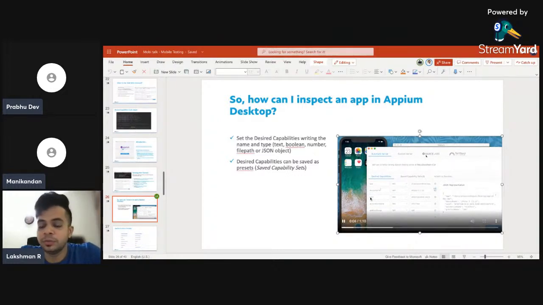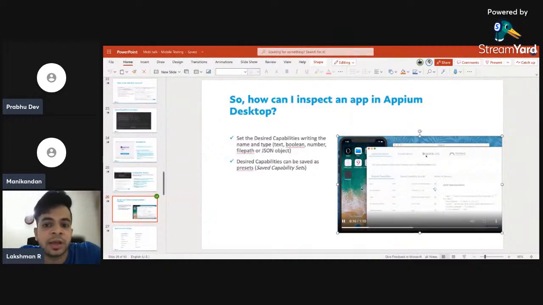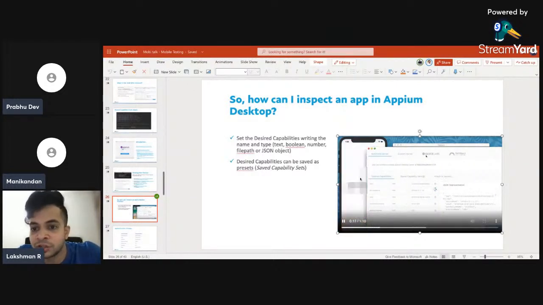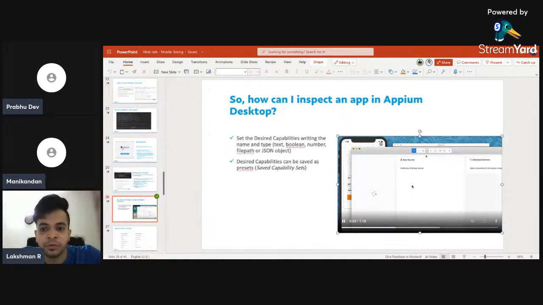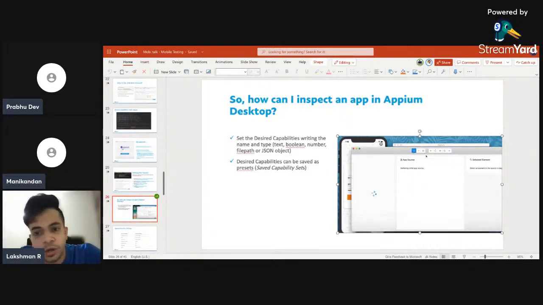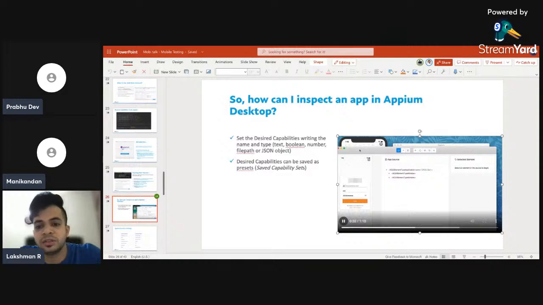If the video is playing, when you start the session, an app will be installed. The UI I'm showing is on an iOS platform. The app has been installed on the phone and successfully launched. When you start your session, the respective app will be installed and pushed to the respective simulator or real device. I forgot to say, if you are using an iPhone, there will be an IPA file, bundled together and pushed from the CI/CD pipeline. If you are using Android, you will have an APK file.